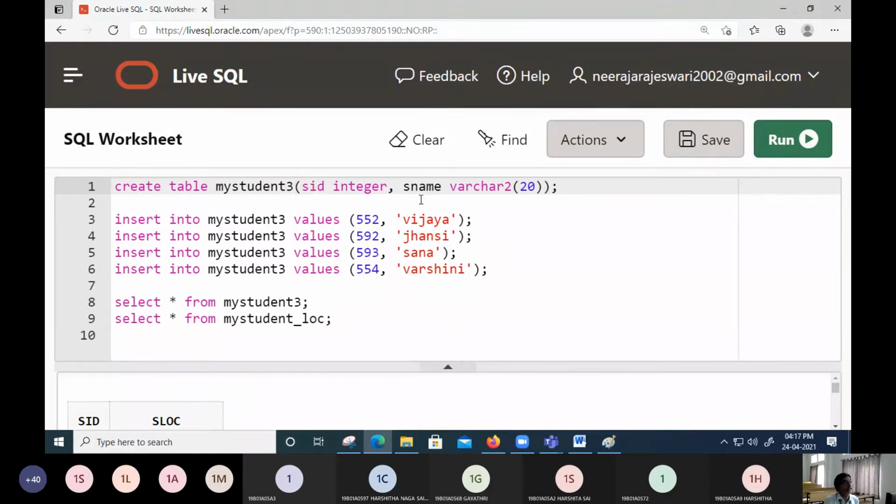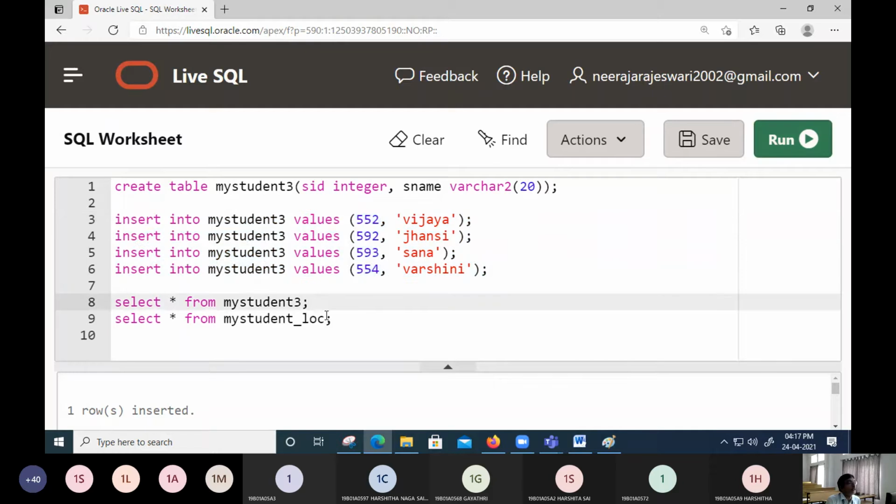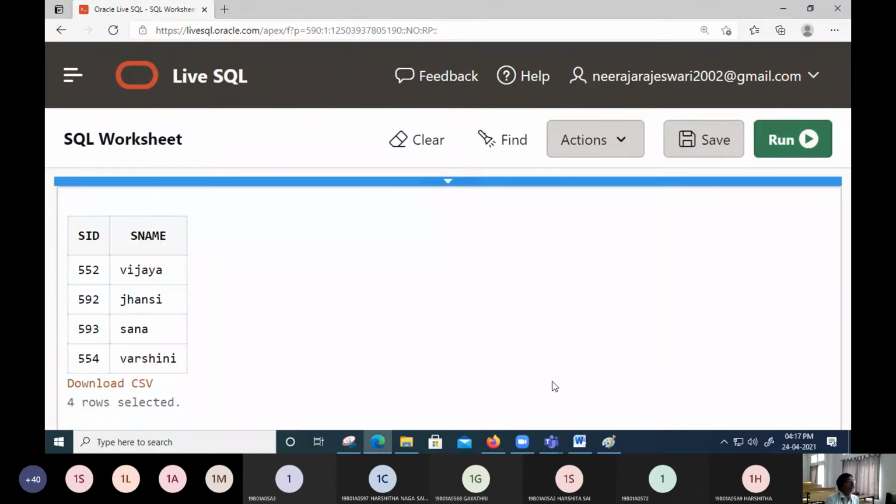First field was SID, second field was SNAME, and then we make 4 insert operations: 52, 92, 93 and 54. Okay, so we create a table here. Then we are going to insert the 4 records, and then we want to see whether the table is created or not. So you can see the 4 records again.